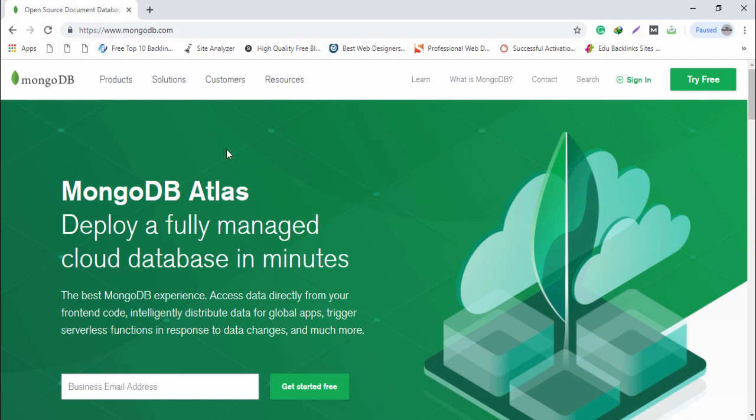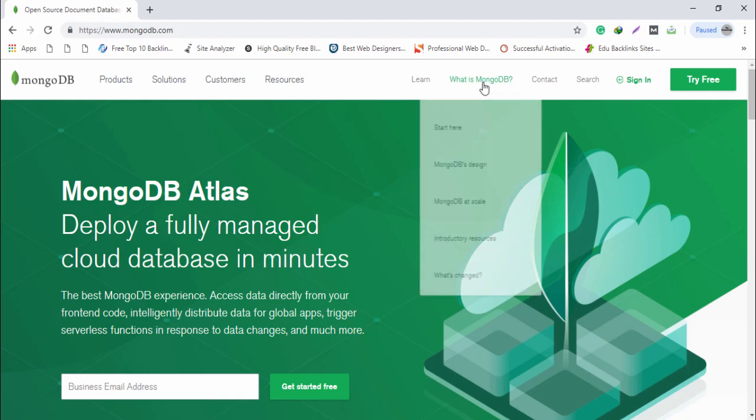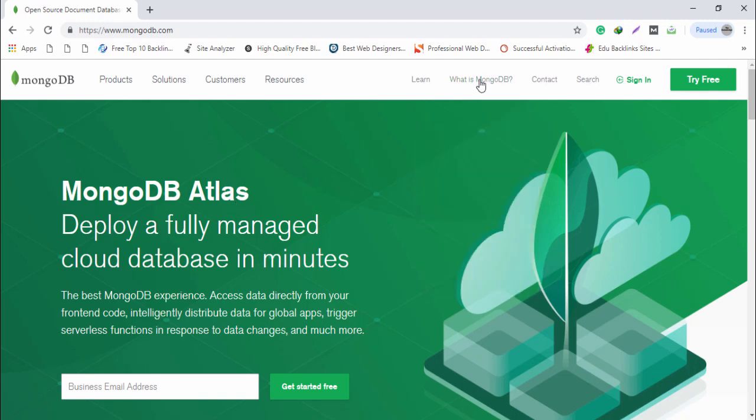So you need to go on mongodb.com or you can search MongoDB on Google. Then you will be able to see the first link appear on the first page. You need to open that and go to the first page. Now the next thing you need to know, click on what is MongoDB,